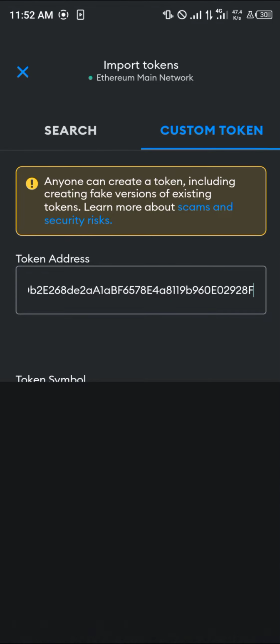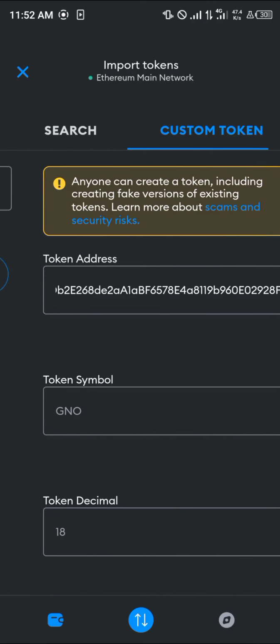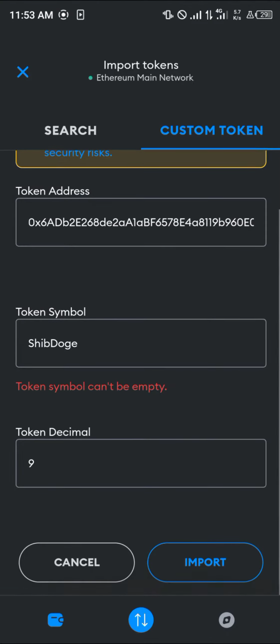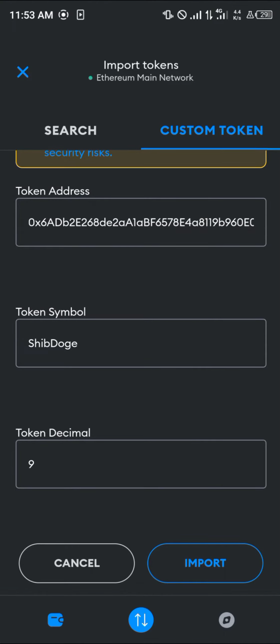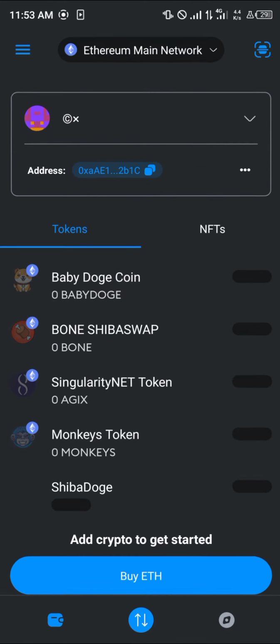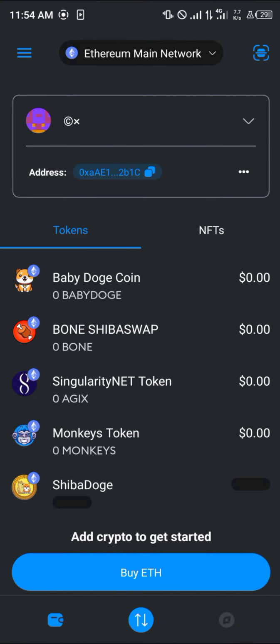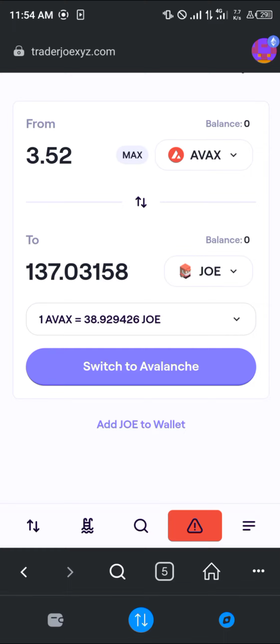Paste. And you simply wait for the token symbol and decimal to be automatically inputted. Okay guys, the next step is to click on import, and once you've been able to click on import, the Shibadoge would then be displayed on your tokens menu. From here, all you need to do is simply click on this browser icon, click on this tab, and simply